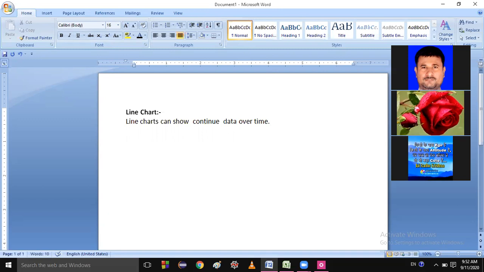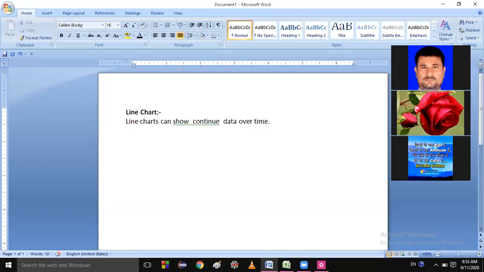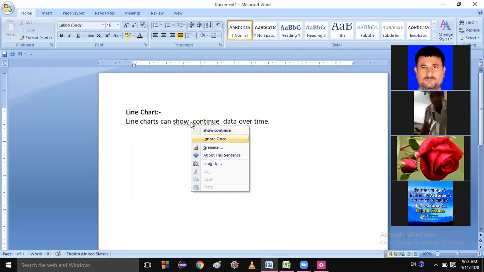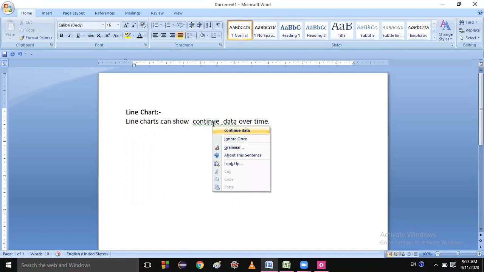So students, as you know, when you see cricket on the TV screen, sometimes you will see the score numbers represented on lines.